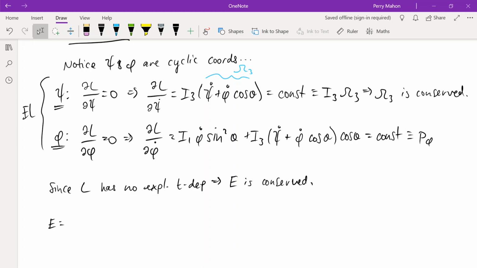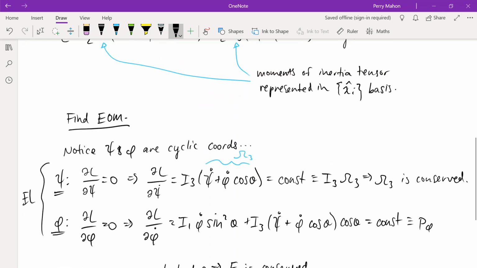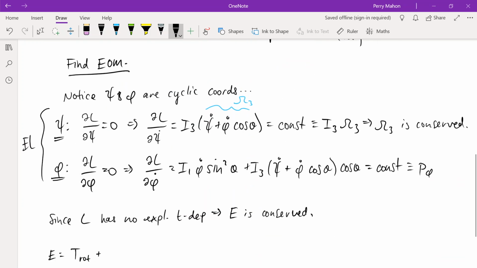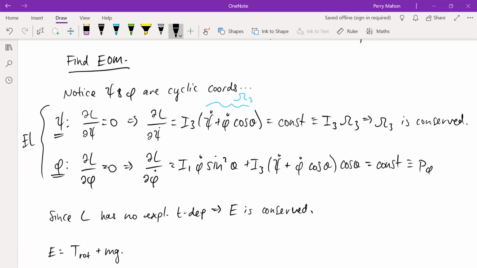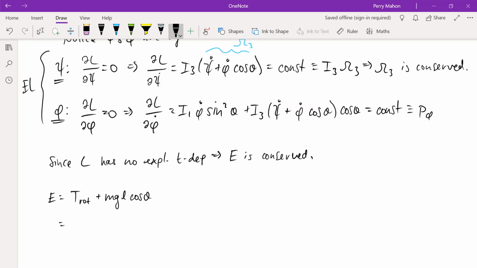So we'll skip that initial step. We'll just write down T rotational plus MGL cos theta. Right, so we'll just plug in what this is. So 1/2